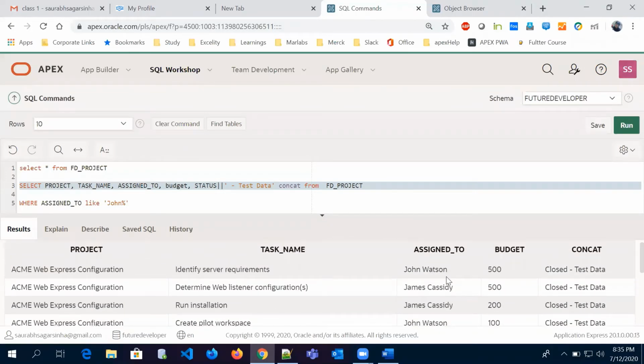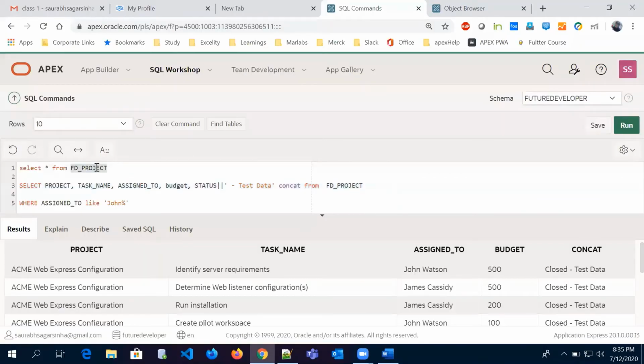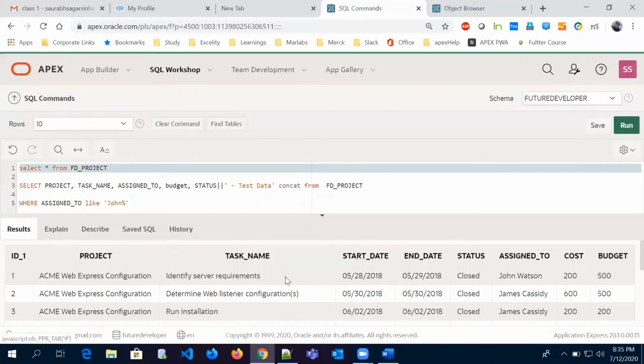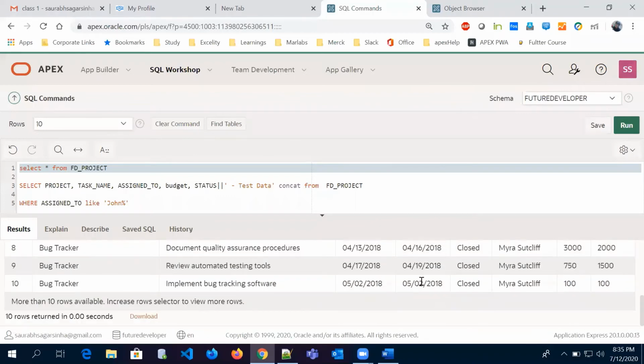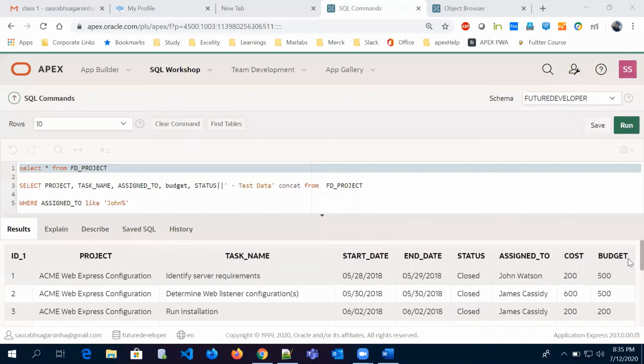Yeah. Now let me see what is the another topic, not null. Okay. So we have this table. We have a lot of information. Now we want to see how many people or how many projects are there where budget is not at all allocated. So what we can do for that, we will write,